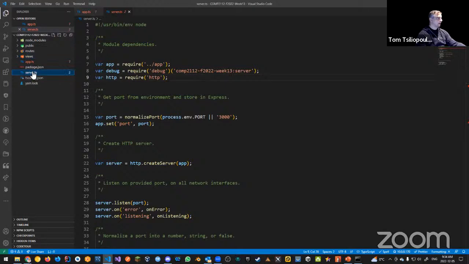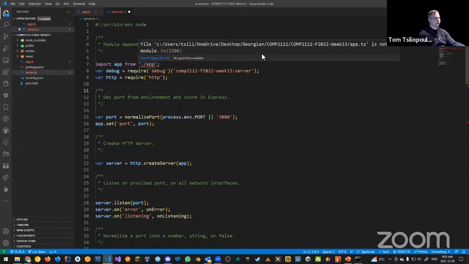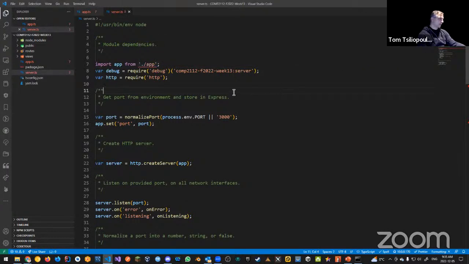Okay. First, we're looking inside of our app.ts, which means this has to be ./app, which is what we're going to require. And I'm going to put this as an import statement. Again, just to convert this as it is. So I'm going to say import app from app. We've seen this before in React. This is our first step. It's giving us an error because app isn't properly formed. It says it's not a module because it isn't a module yet, but we're going to get there.